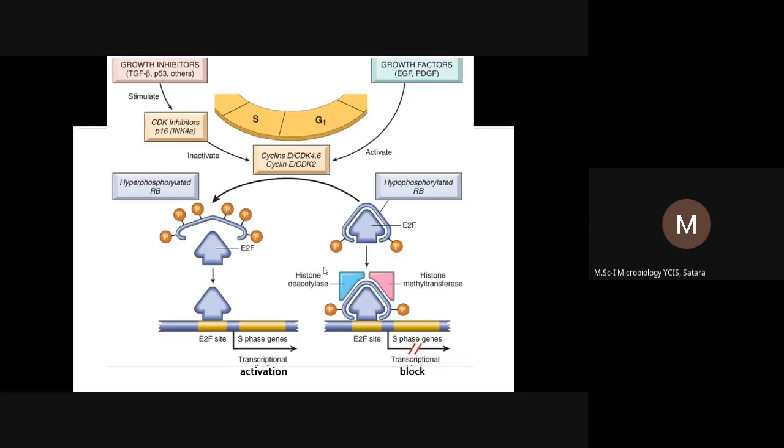Retinoblastoma gene is always associated with E2F. If E2F is free, then it undergoes transcription. Okay, but it is generally associated with the RB and E2F. So whenever hyperphosphorylation is there, then E2F is free and it binds with the DNA and it promotes